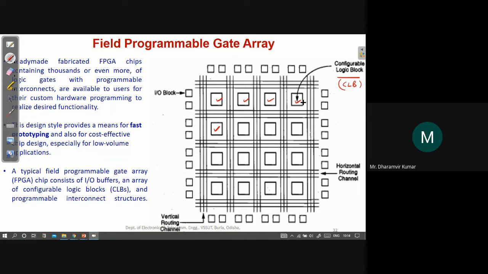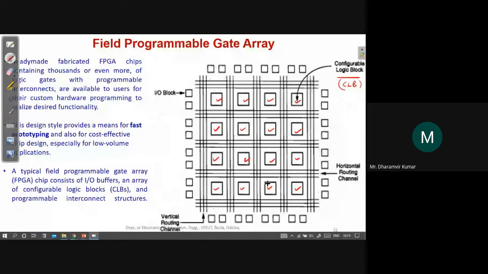Like, it may contain two LUTs, and each LUT can perform, let's say, a logic function having four inputs. If the circuit is big, then you will need more CLBs. These are the blocks which are responsible for the logical functioning part. So your circuit or your Boolean expressions will be mapped onto these CLBs.